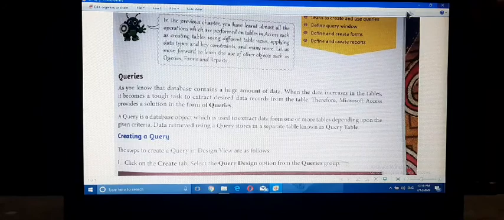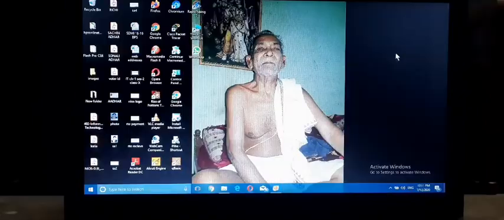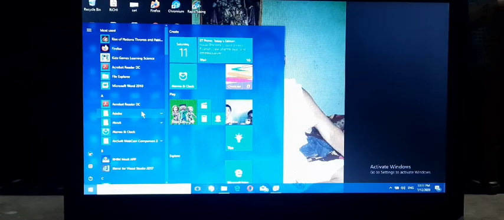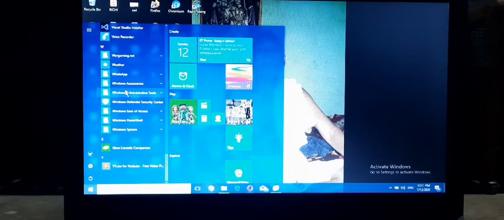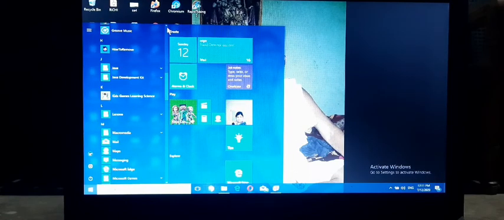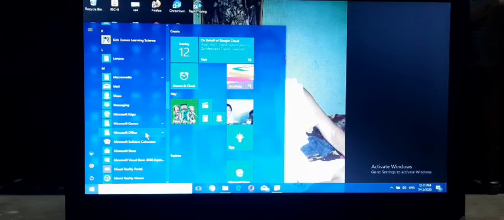So let's start with how to create a query and how to query a database. Open MS Access: start, Microsoft Office, then MS Access 2010.